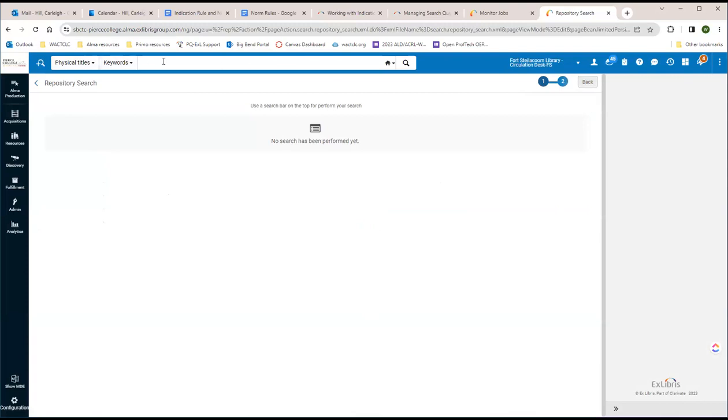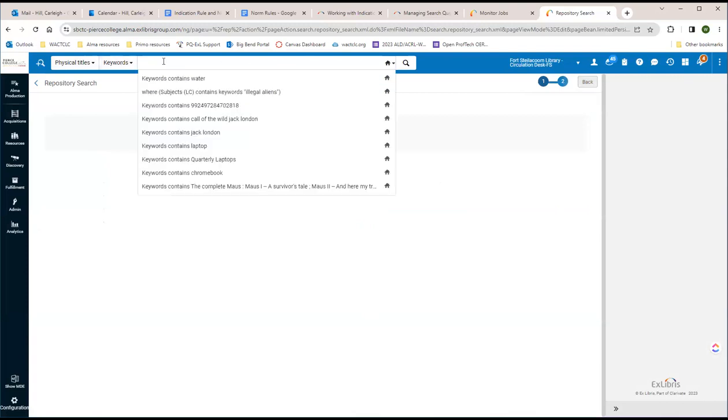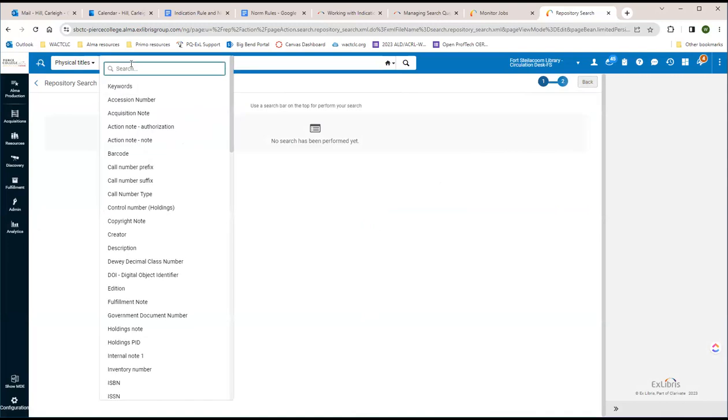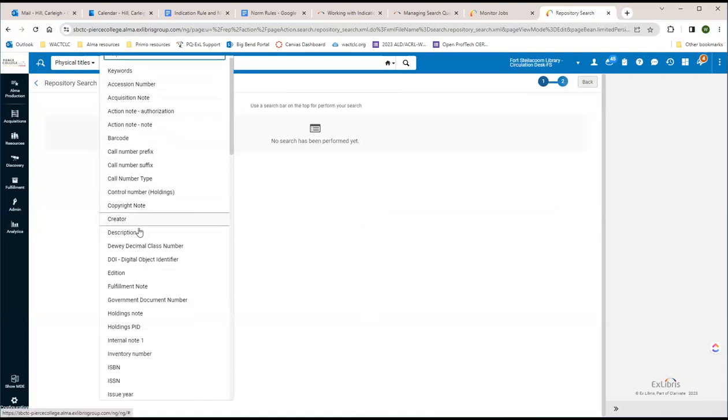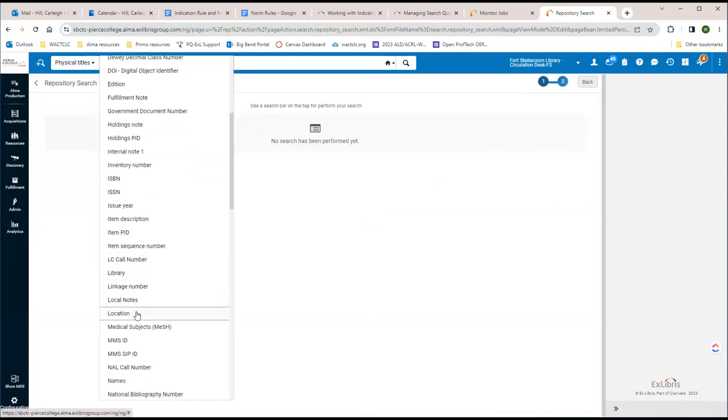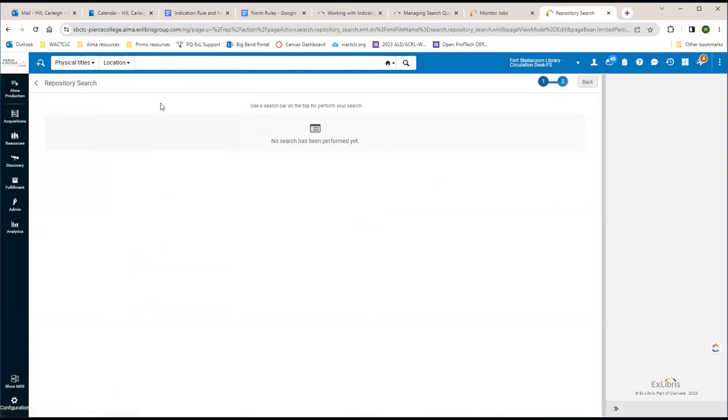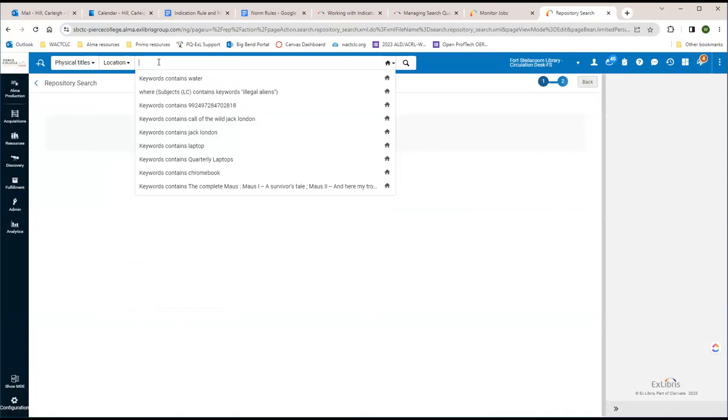Okay, physical titles, keyword, no, don't do keyword. Click on the advanced location. Yes. Yeah. Victoria, what's your reference location code? I believe that is,